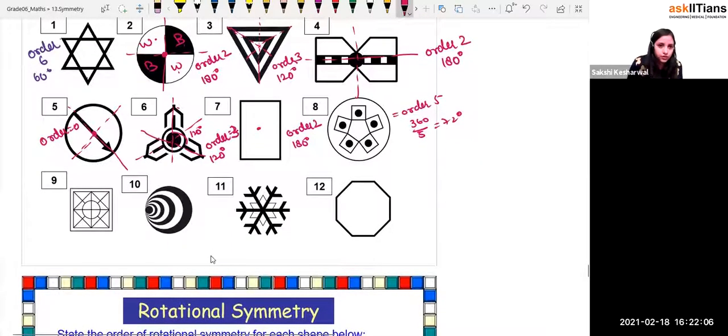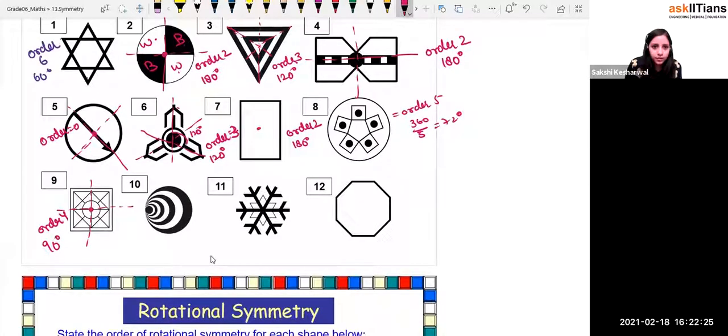Now over here, you just see this. This is the 1 and this is the 2, right? If you're going to rotate this about this point, so it did the rotation of 90 degrees, right? So this entire thing will come over here, right? So the order is going to be what, beta? 4, and the angle will be 90 degrees, right?